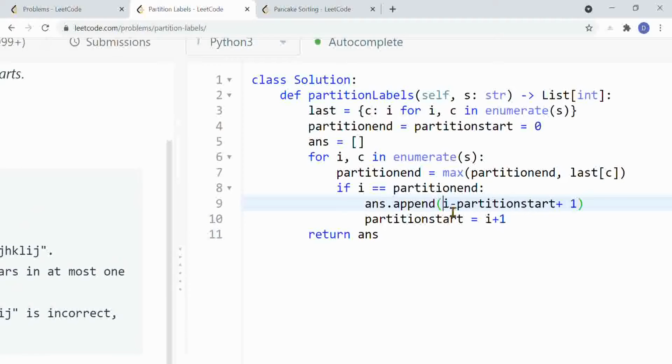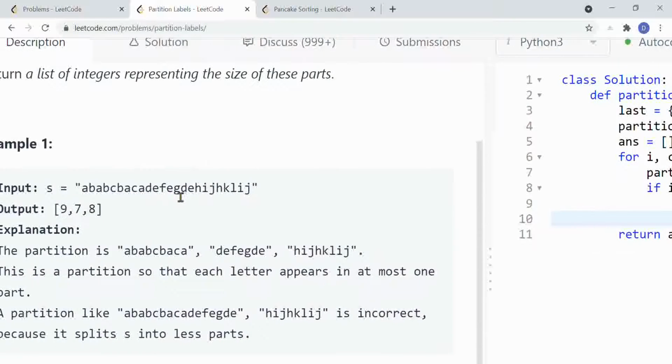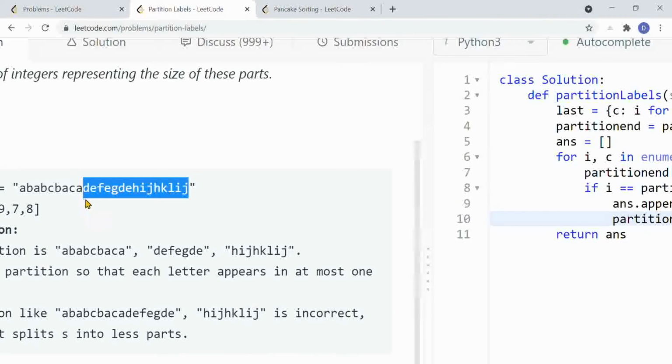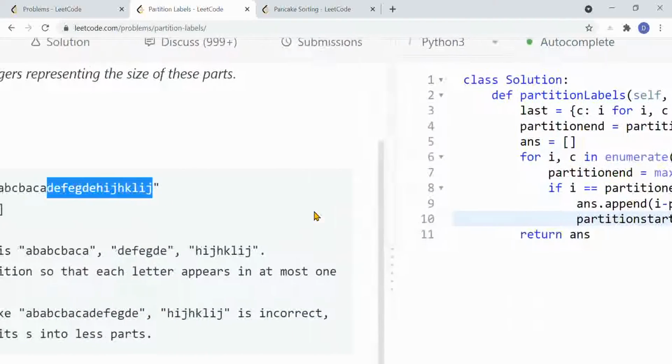So this is the window size, so I minus partition start plus 1, and partition start we can update since we will be now looking from the next character. So we need to consider the remaining elements, that is from here to here. So partition start should denote the starting of the next partition we can consider.